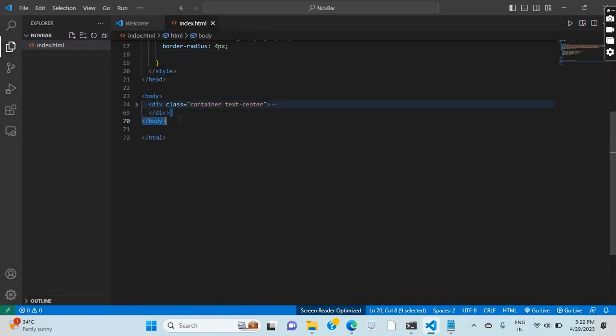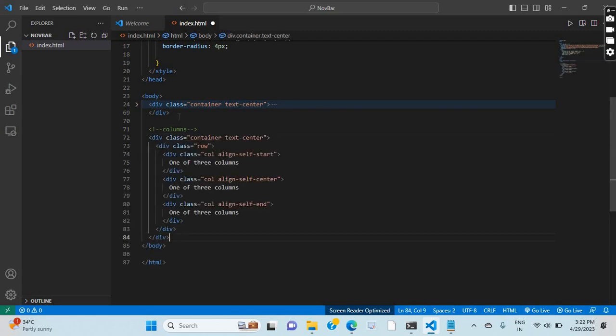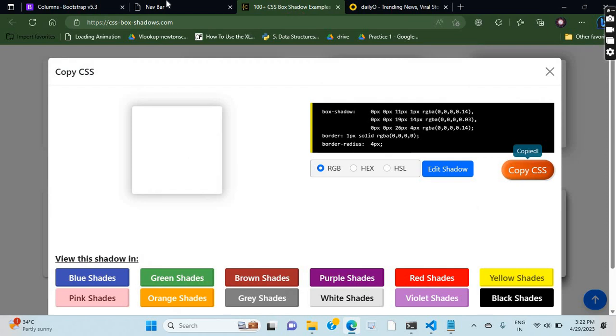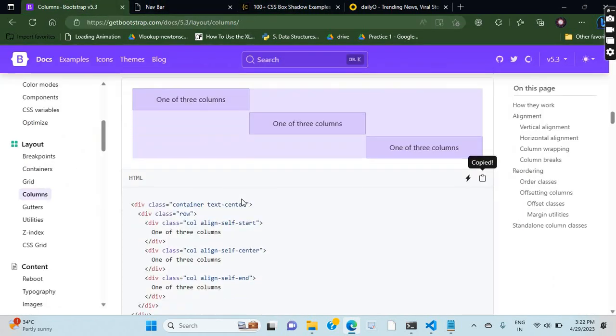This is the card, right? Save this. This is one of the columns. Come to refresh, and you will get it like this: 3 columns,